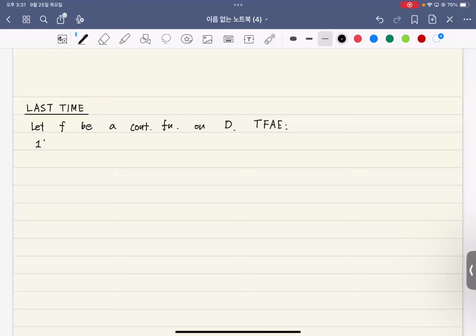Number one, f has an antiderivative, say large F on D, and the definite integral, the path integral, is merely the evaluation of the antiderivative at these two endpoints,